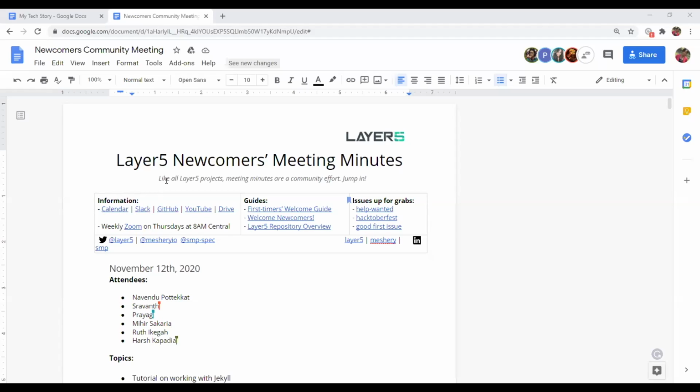Then you have a link to our Slack channel, just in case you're not in the Slack channel, or you have a friend or someone who wants to join. For the GitHub repository overview, there's a link here for the Layer5 GitHub repository overview.